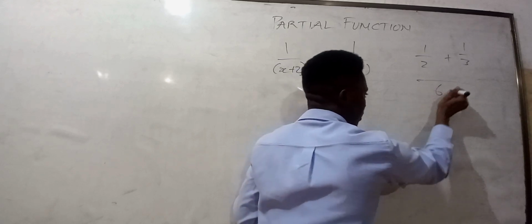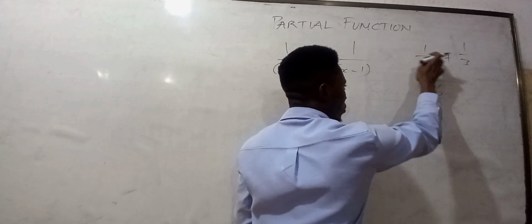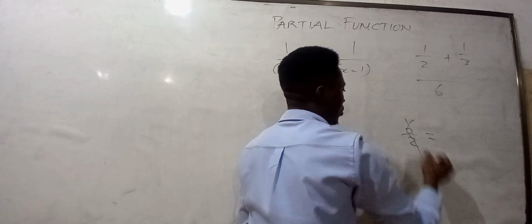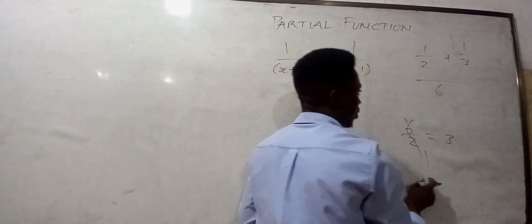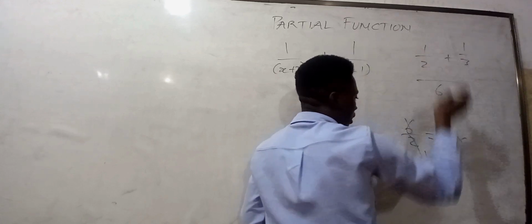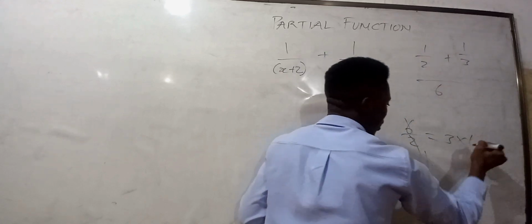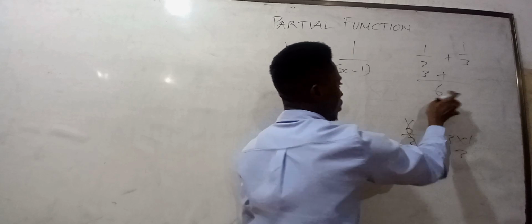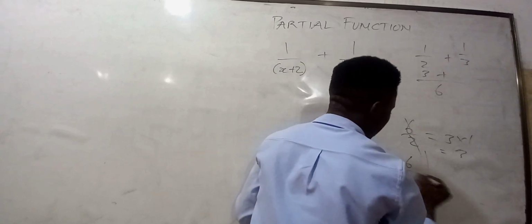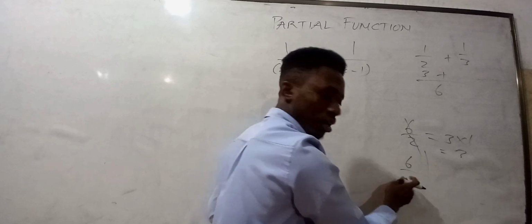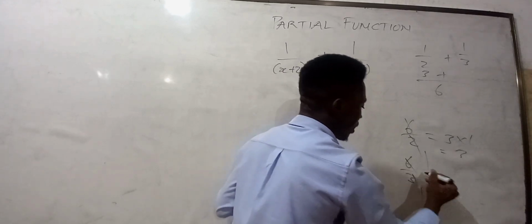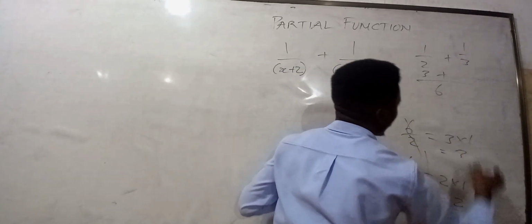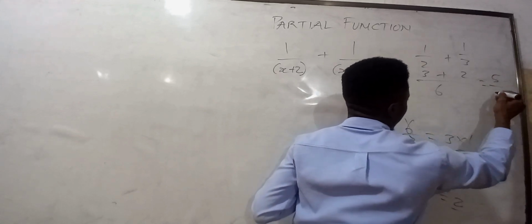Then you take this 6 and divide it by the denominator of the first fraction, which is 2. 2 will cancel 6 three times, so you get 3. Then you multiply the 3 by the numerator, which is 1, and you get 3. You write this 3 here. With the other fraction, you divide the LCM by 3, so you get 2. Then you multiply it by the numerator, which is 1, and you get 2. So you get 5 over